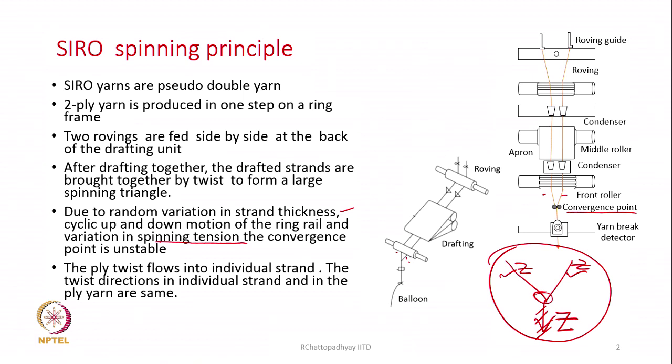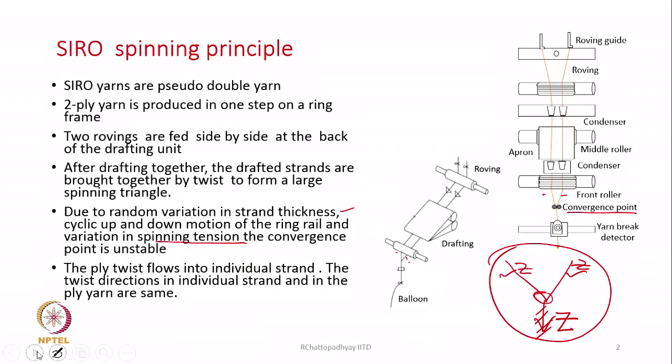And there is a consequence of this which we will come to know, that what happens if the twist directions in the individual strand and in the ply remain same. Next. So, once both the strands are twisted together, they appear to be like a single strand,